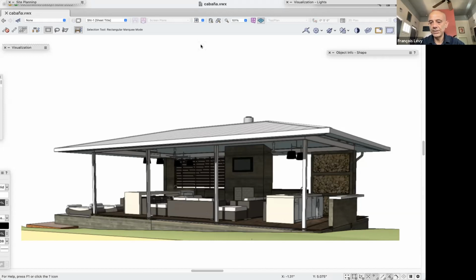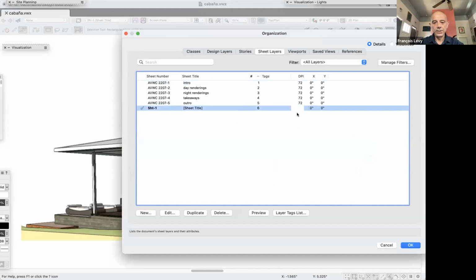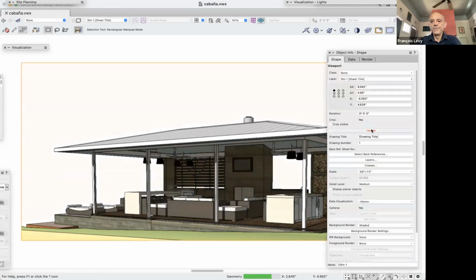shakedown cruise, it's really useful to start at a low resolution. And then once you've got your textures set up the way you want it, once the geometry is correct, the textures and colors are correct, and the lighting is correct, then at the very end, you can go back and crank up that resolution to something bigger, like 240 DPI. Now I'm just doing a shaded render here. So even at 240 DPI there, it's already done. It's very, very quick, right? But when I get into some more high-end rendering options,